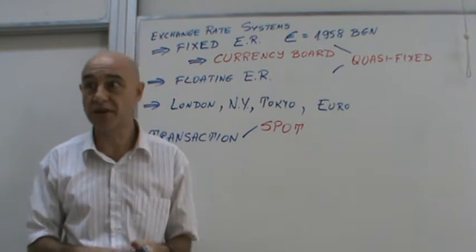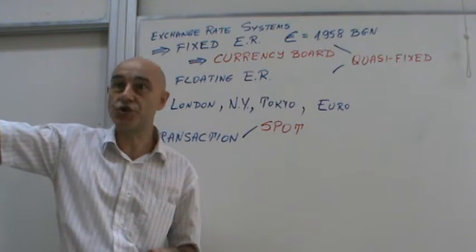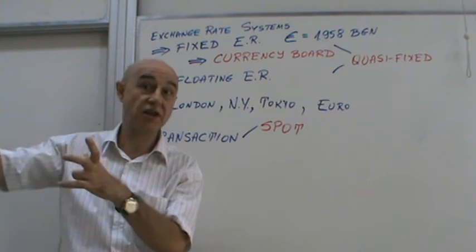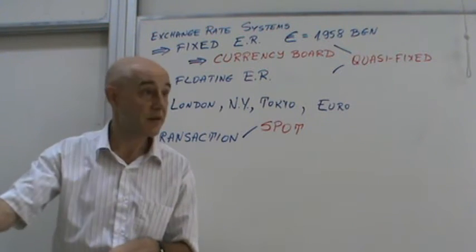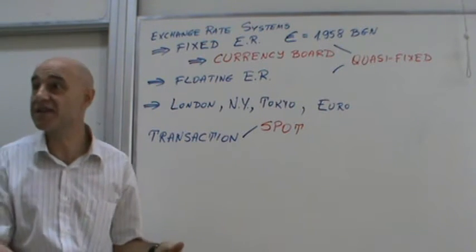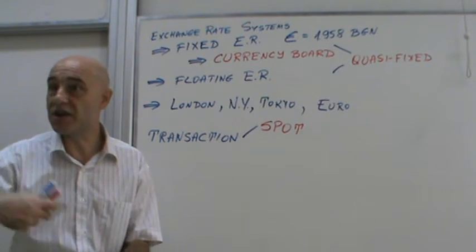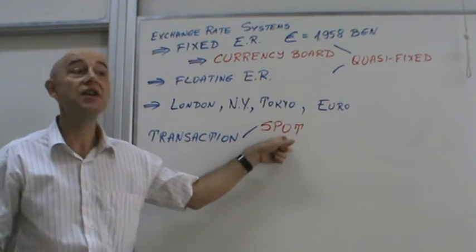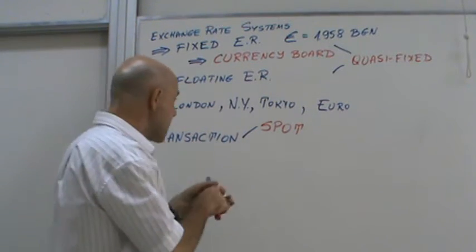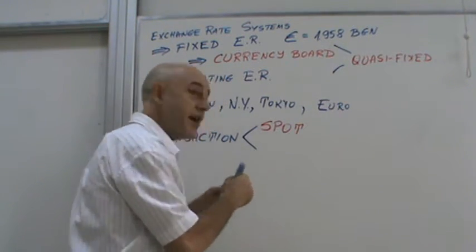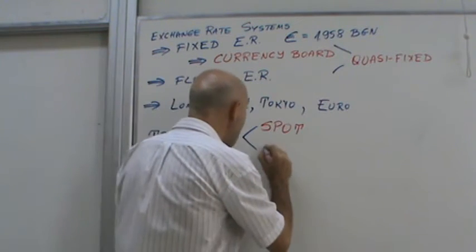It's immediate, okay? So whenever you go on the street, meaning at the currency exchange, you give the one currency, and within 5 seconds they count the other currency and give it back to you. That's the spot transaction. The other type of transaction I explained is a forward